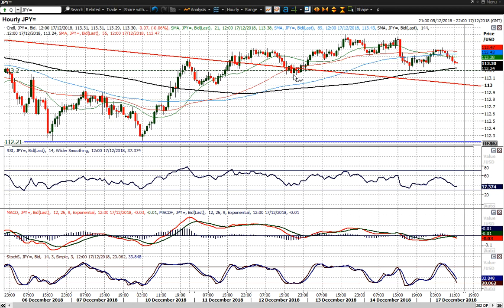We've got the hourly chart, which I suppose reflects a little bit of basis to support at 1335, 1320, sorry, to 13 big figure, a band of 20 pips of support there. But if you breach that to the downside, that is a topping out on a near-term basis, and you then start to play around with the 1220 level of support from earlier on in December, about a week or so ago. So we're still very neutral,